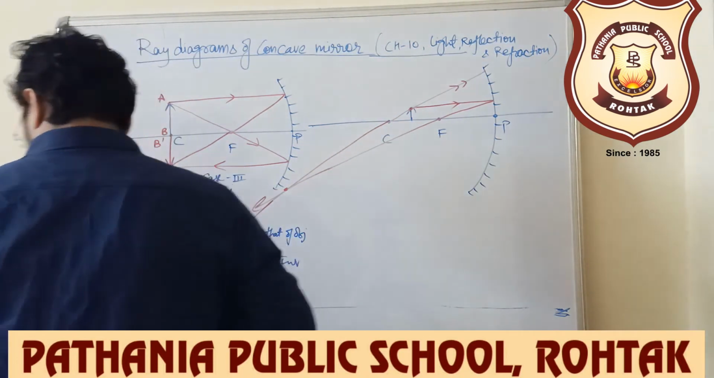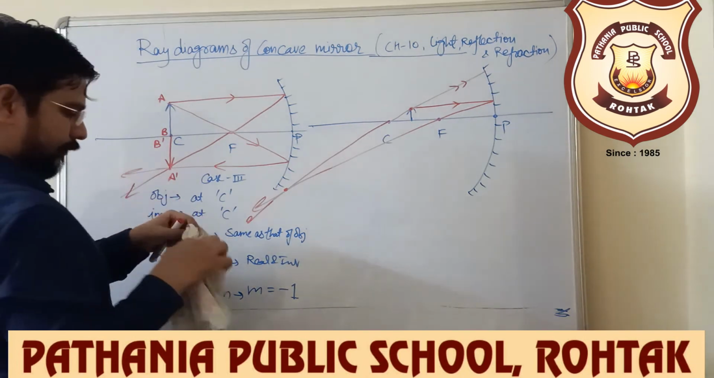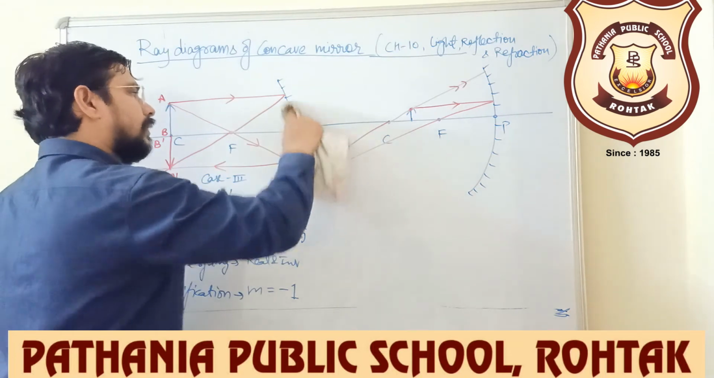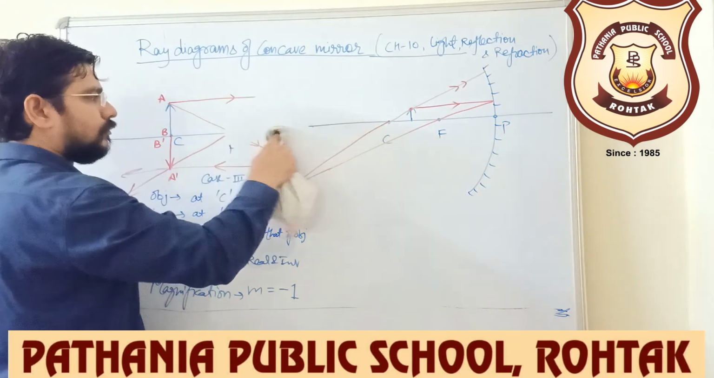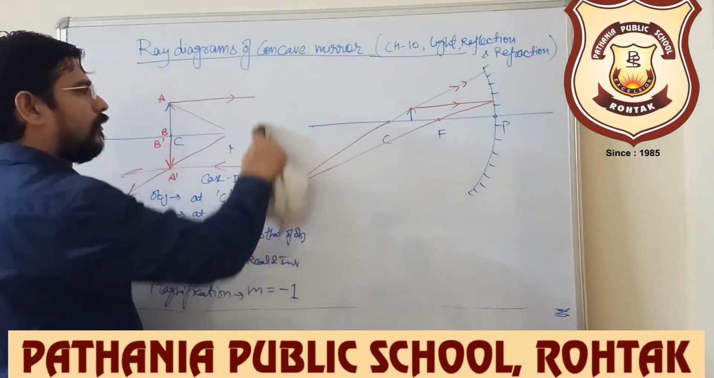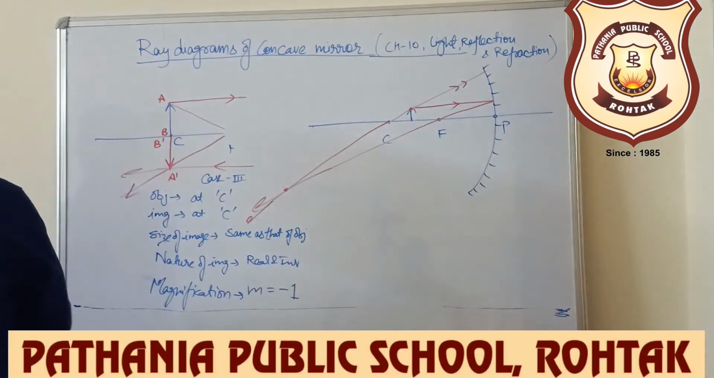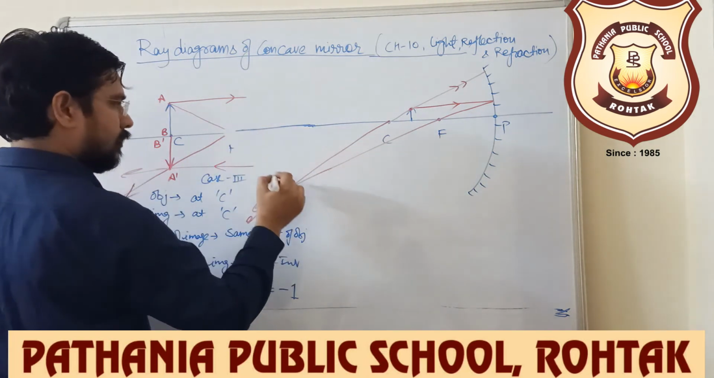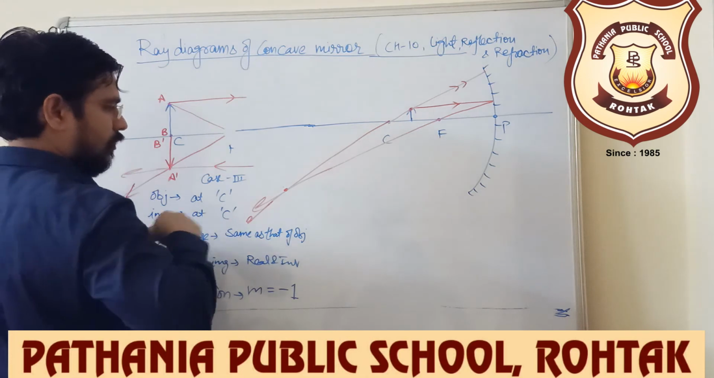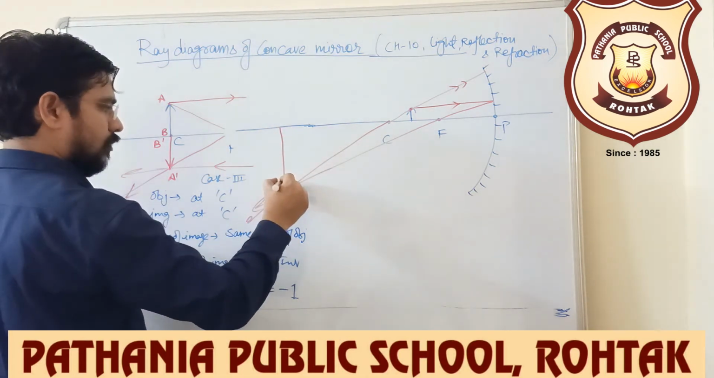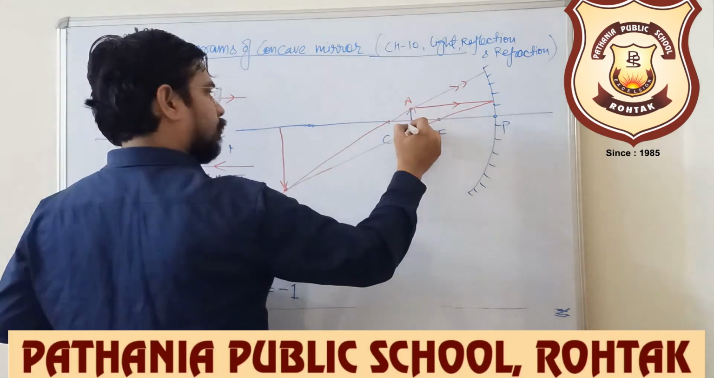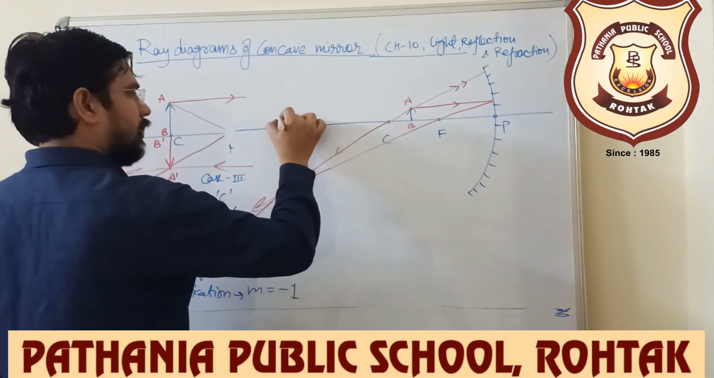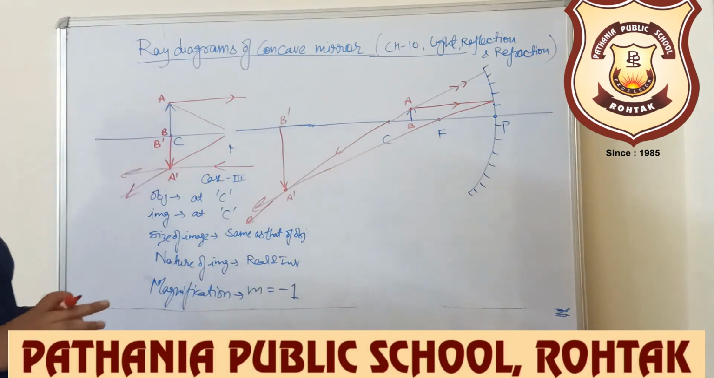As it is meeting here, let me erase some portion of my case 3 diagram so that I can show you. Yeah, this space is good enough. So this is your principal axis, and this is your image. If AB is your object, then A dash B dash is your image. Now what you are observing in this ray diagram,